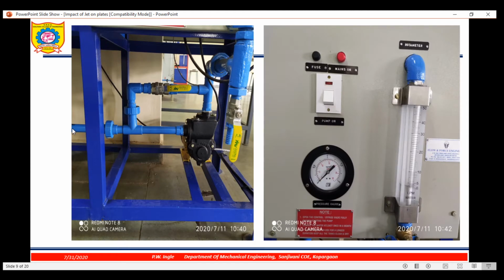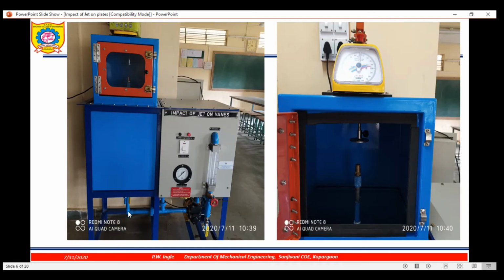So this pipe is connected to the tank, and there one valve is provided. That valve is known as the bypass valve. Here you see the yellow color valve is nothing but the bypass valve. So by this arrangement of this valve, if it is fully open, then 100% water is going. Accordingly velocity will be different. If we adjust the valve, then the rotameter reading will show how much water is going to the nozzle. Okay, and this is a pressure gauge.